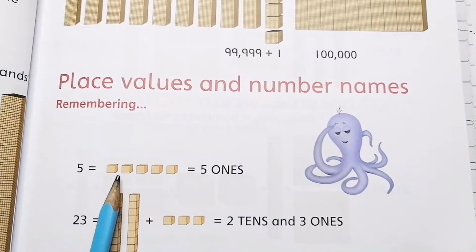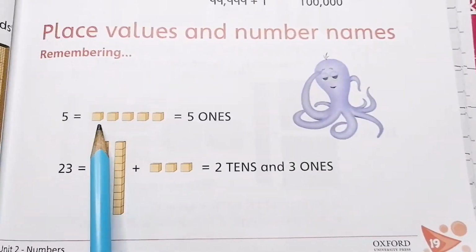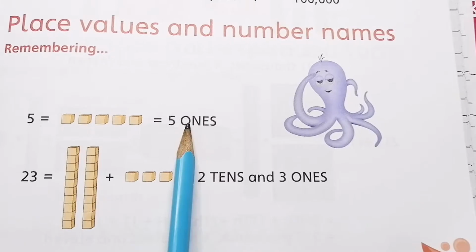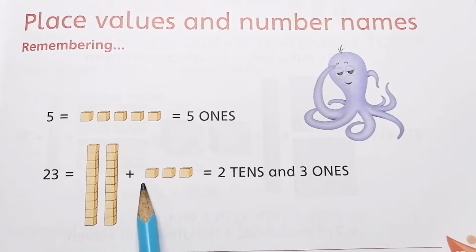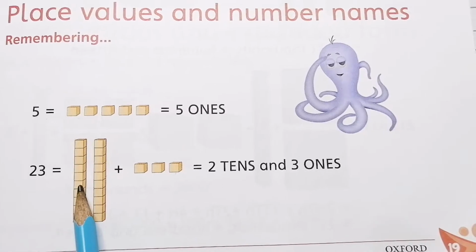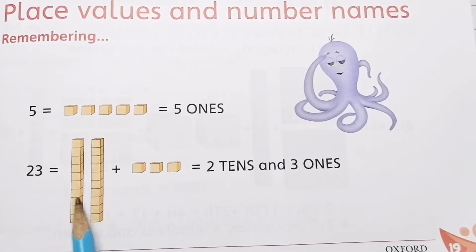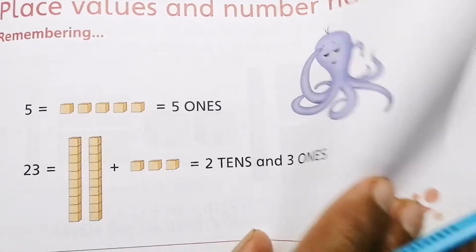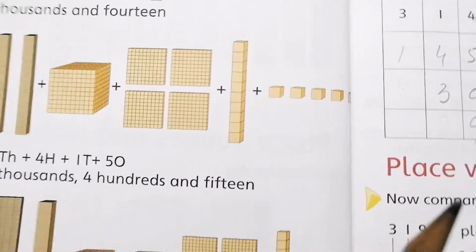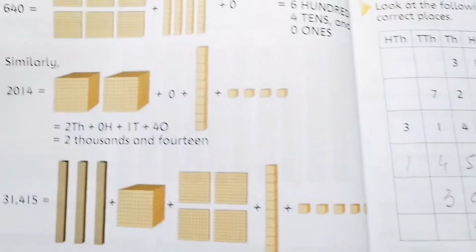So here 5 boxes, another example. 5 boxes are given, 5 stands at ones place, and 23 means that 2 tens plus 3. 2 tens, these are 10 boxes, 10 plus 10 is 20, and plus 3, it makes 23. So these are also again some examples given here,